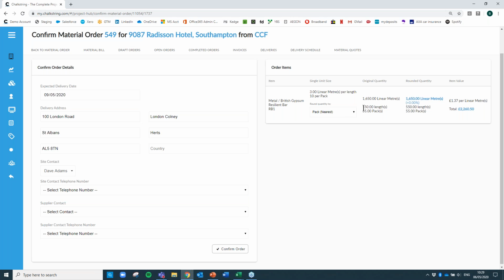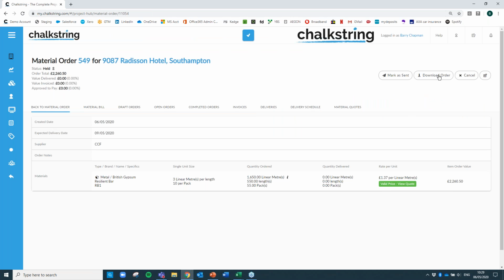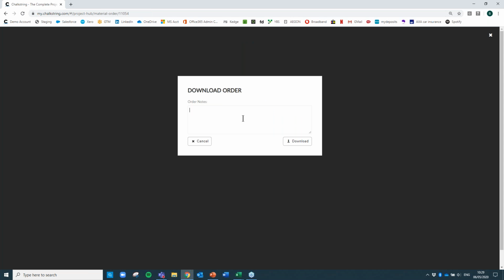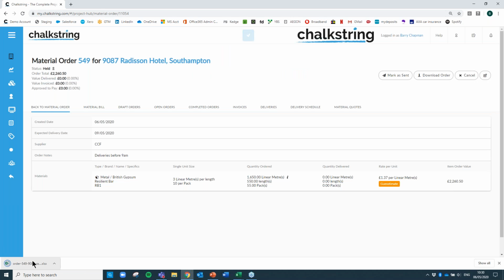In terms of ordering quantities, it knows that we need 1,650 linear meters, and therefore it knows that it's 55 packs. But of course, we have the option to round up or round down to the nearest pack or pallet, or however it's packaged to come to site, so that you're not ordering parts of packs. Okay, so in this case, let's just go to the nearest pack, which is 55 packs. And when I confirm the order and download it, I can put site notes on here. So, you know, deliveries before 9 a.m. If I could type, I can't type today, 9 a.m. You can do those sorts of site notes if you wish to, but ultimately that's going to create a purchase order